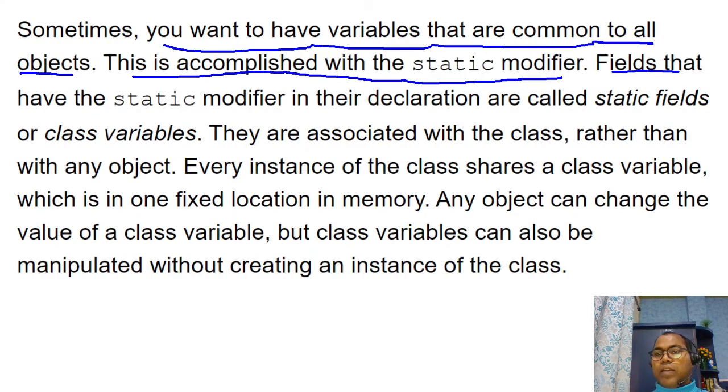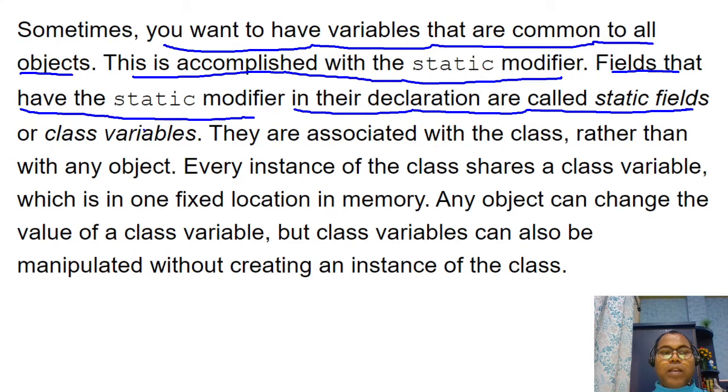The fields that have a static modifier in their declaration are called static fields or class variables. So static field or class variable is the same thing. They are not bound to a specific object; they are associated with the class rather than with any particular object.